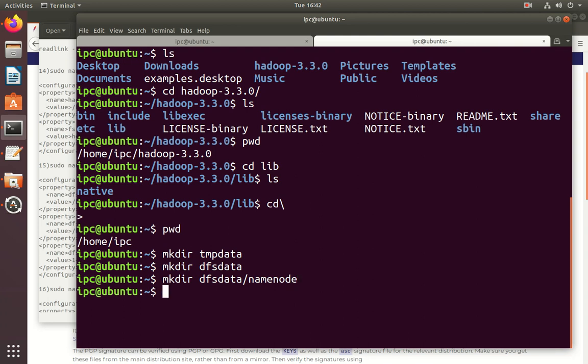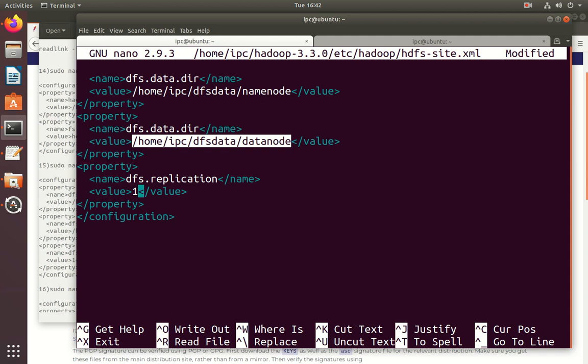Under this create one name node, another one is data node. We created the specified directories also. And next, if necessary, create the specific directories you define for the dfs.data.dir values.